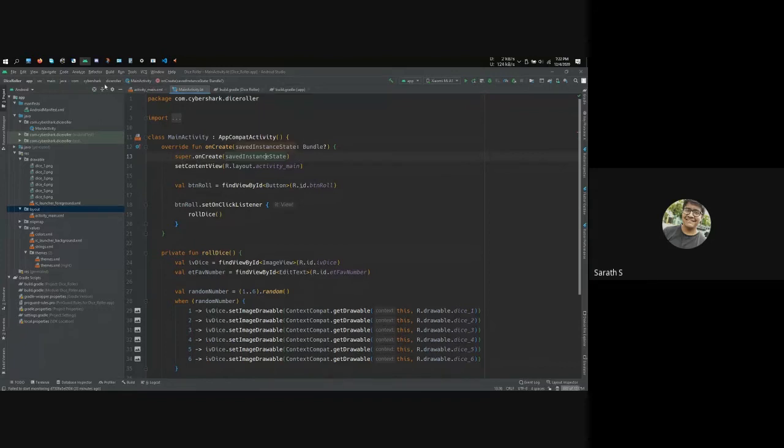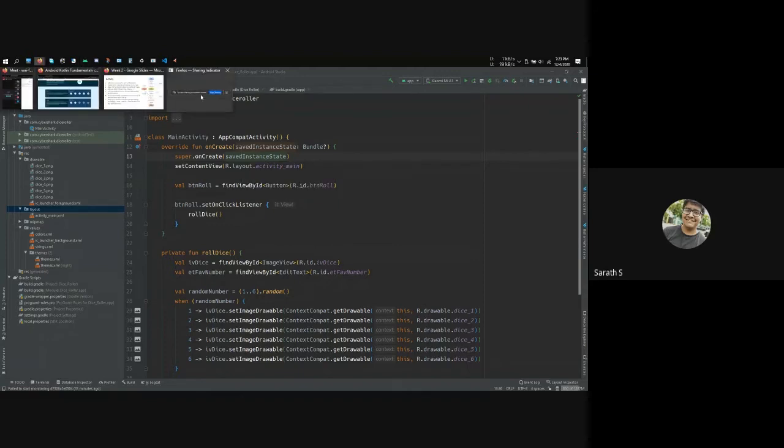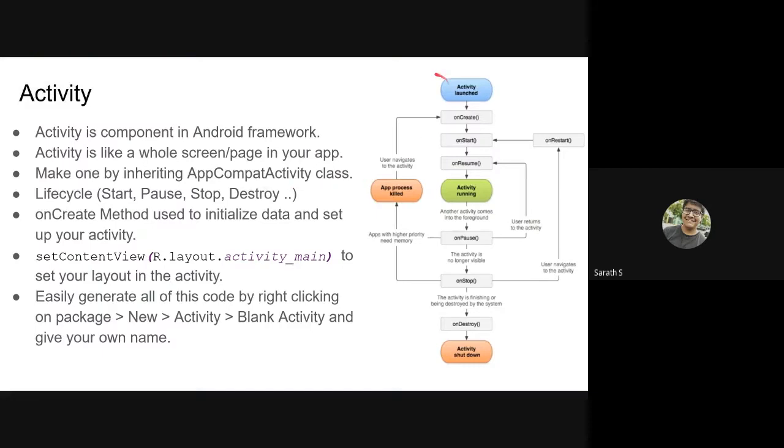So in the activity, there are many what you call lifecycle methods. So this may sound complex at first, but what this does, as you can see in the diagram here, you won't believe it, but it actually decomplexifies your app. So it makes it easier for you to understand.